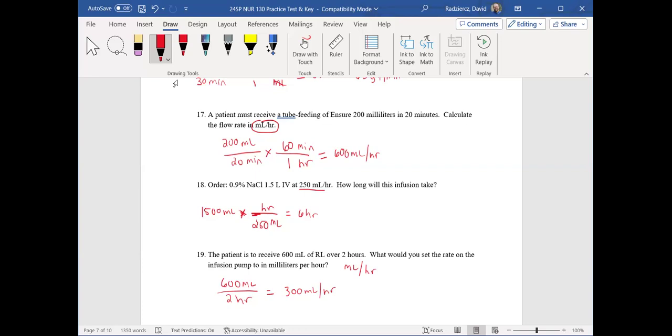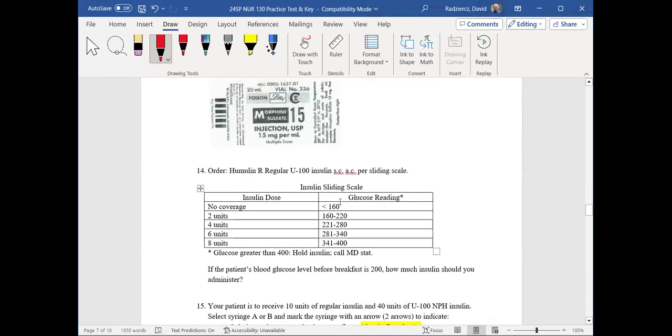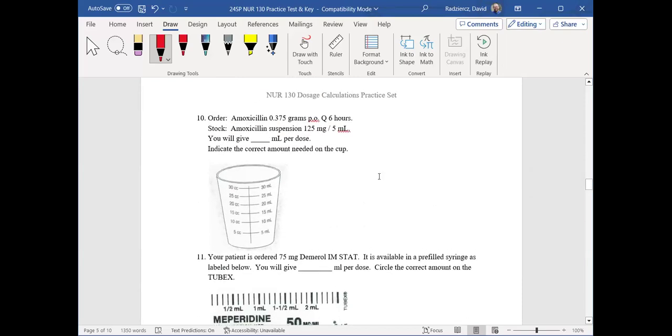So I know that if we get a problem that says we have to label the cup or the syringe, there's a certain way we have to do it. Could you go over that one more time? Sure. So first of all, I don't know if there's a certain way to label your cup. I've seen students where they've shaded it in, and I've seen students where they just mark the answer, like they circle it, or they put a line at the level. I don't know. And if it's on Blackboard, you're just dropping a point on it. So I don't know specifically for a cup, but for the syringe,